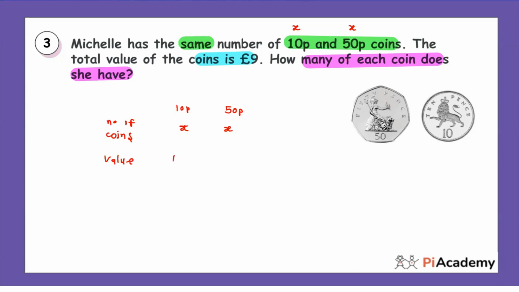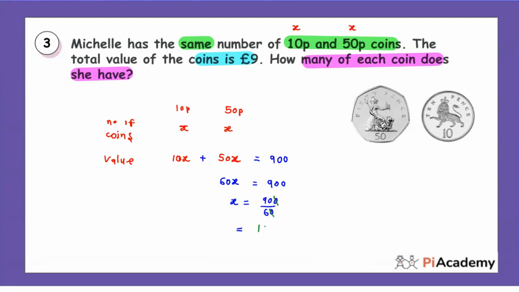After having this, you have to put another row, and that is all about the value. 10 times x, that is 10x, okay? And then you have 50 times x, okay? After doing this, you know that the sum is equal to how much? The sum is equal to £9. But these coins are in pence, okay? So you can convert your £9 into pence, and that is 900 pence, right? So you need to add this. 10x plus 50x is going to be 60x. And from here, 60x equals 900. So what does x equal? You need to divide by 60 on both sides. Once you divide by 60, the 0 and 0 get cancelled, and 90 divided by 6